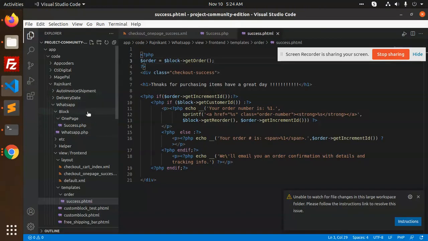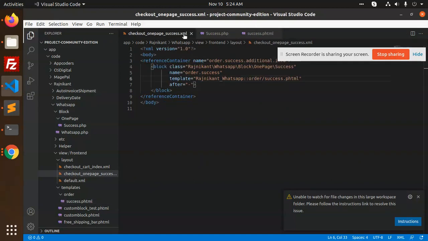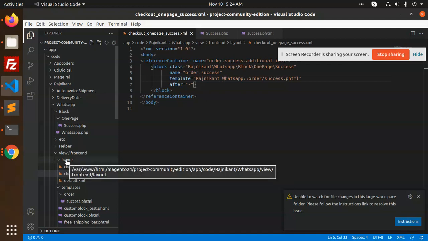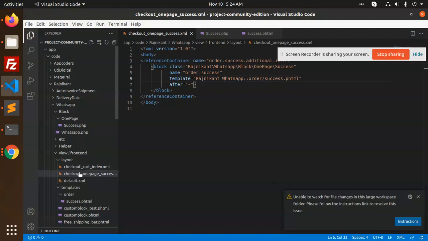Okay, so go to my folder. First of all, you need to create checkout_onepage_success.xml in layout, in app/code or app/code vendor, whatever you have. You just need to create checkout onepage and name the template which you need to override and where you need to override.